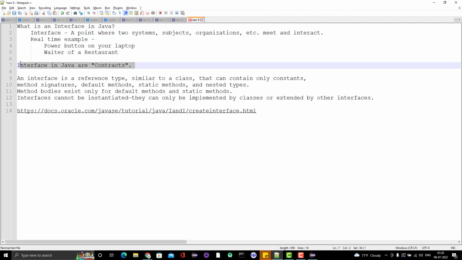So these companies are following some contract. These companies are following some patterns to make a car. Okay, the same thing applies here in Java as well. Suppose you want to develop a calculator. In that you want some methods like, okay, it should have an add method, then